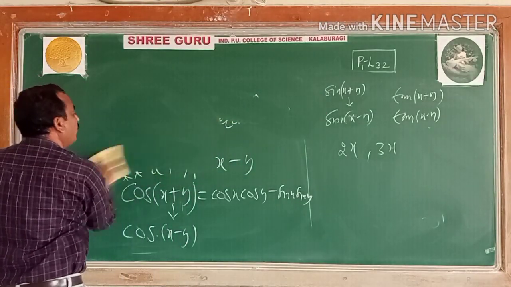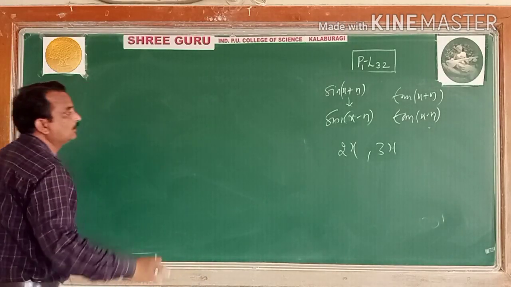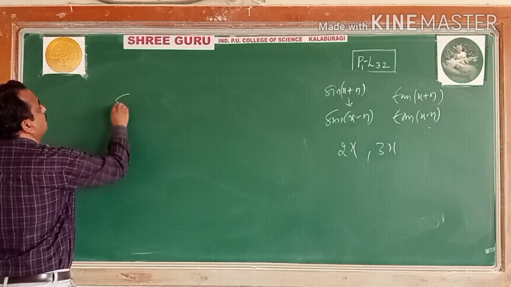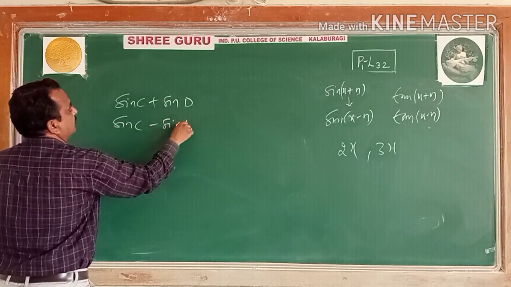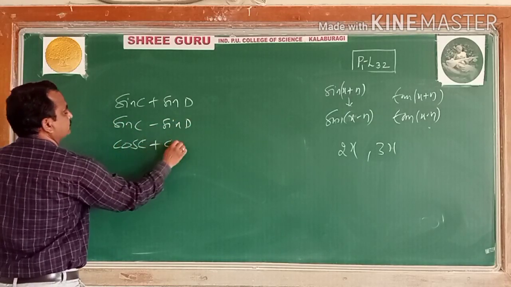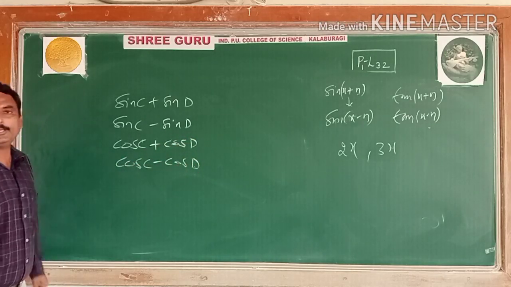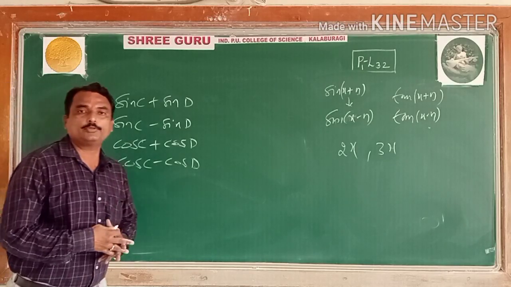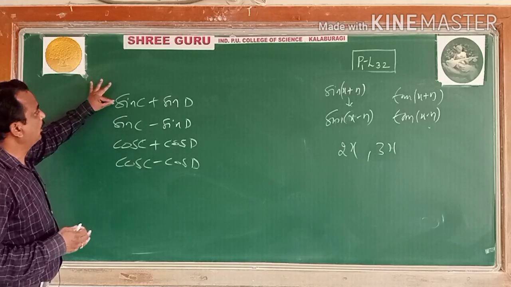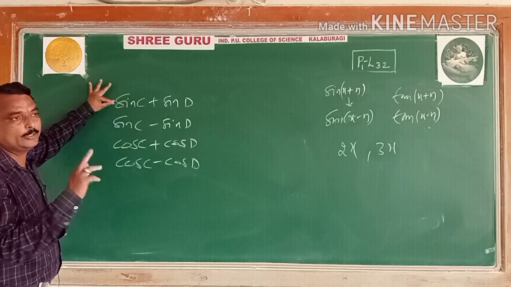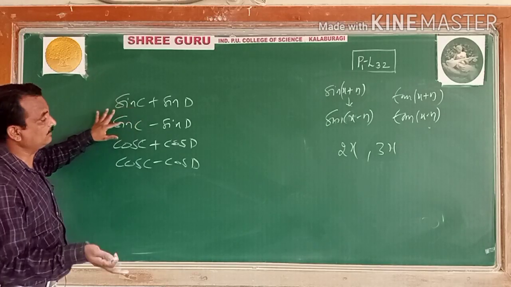And then we have transformed the formula. This is important here. Some formulas here: sin C plus sin D, sin C minus sin D, cos C plus cos D, cos C minus cos D. These are very, very important formulas, you will need them in the second PUC also, students. So how to remember? First sin, then cos, C plus D by 2 common, C minus D by 2 common. Sin C minus sin D, minus, it is first cos then sin.